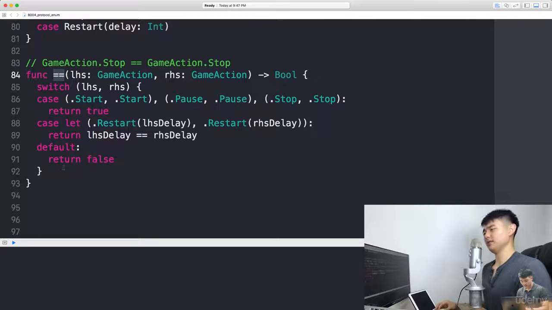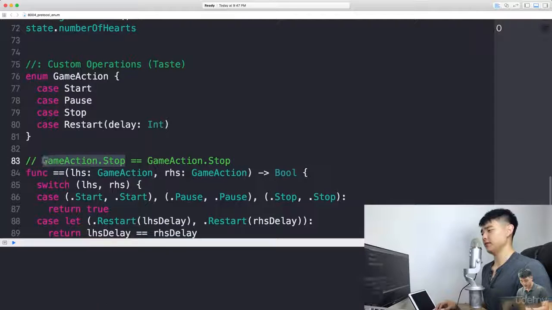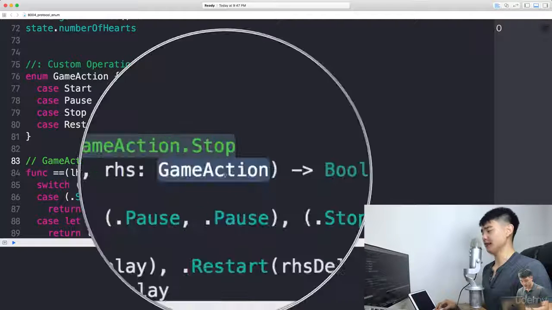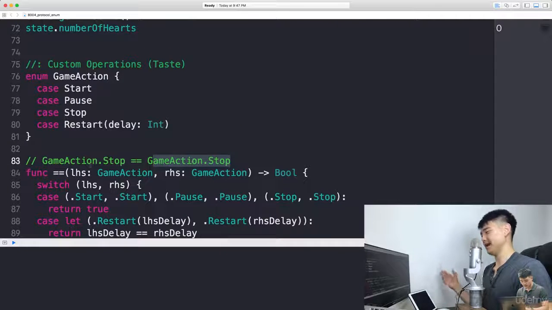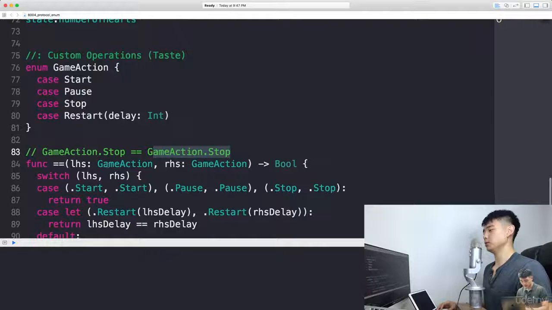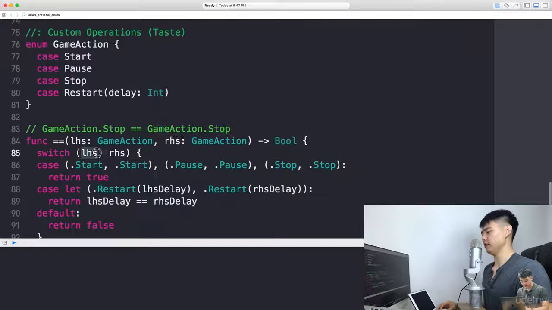So let's say we have a left-hand side, which is here. On the right-hand side, there's a game action. So you need to compare a game action versus a game action, and it's going to return a Boolean, so true or false, okay? So we're going to use a switch statement. So for the left-hand side and right-hand side, case start, pause, stop, if they are equal,